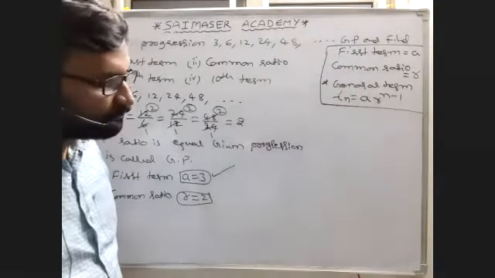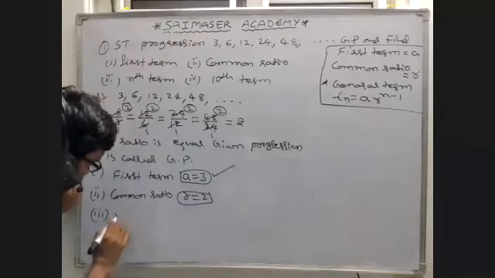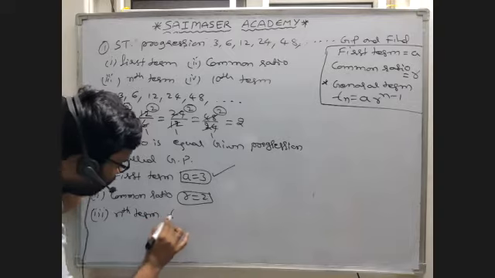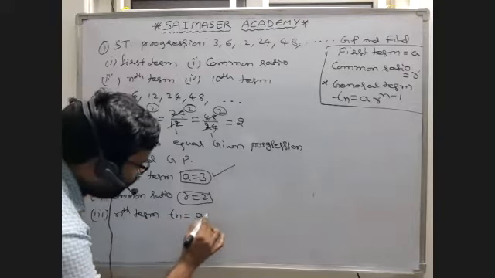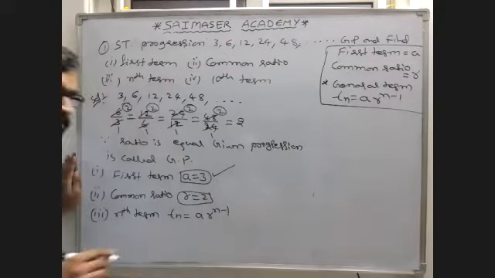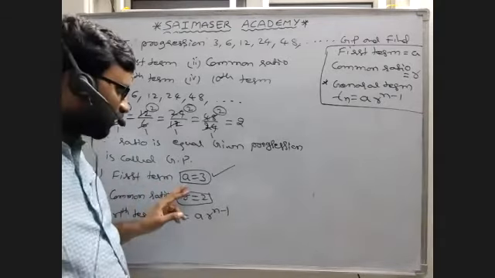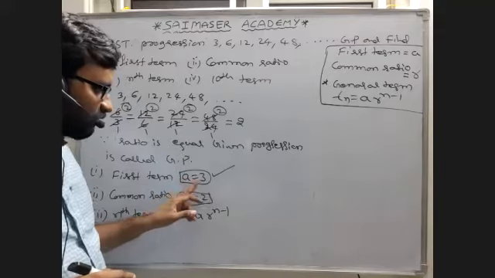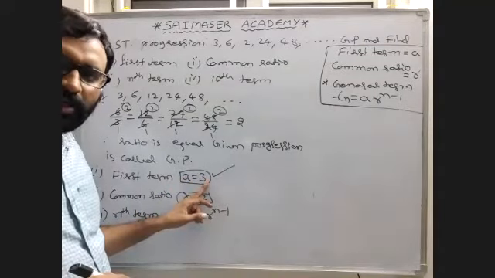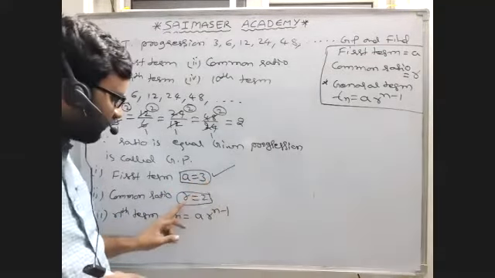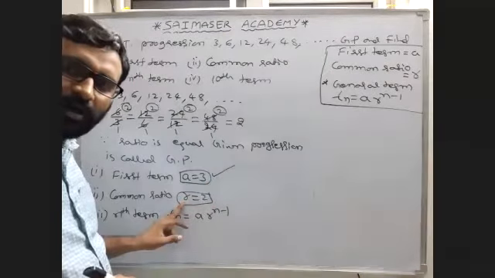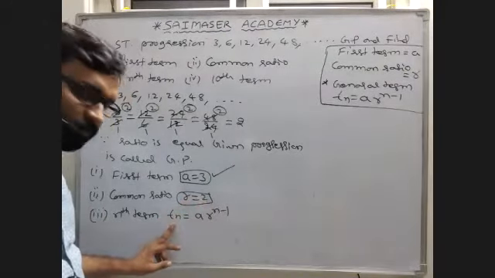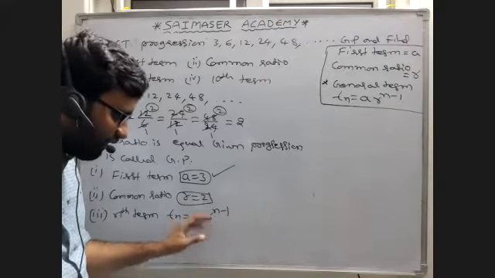Sir, hello? Tn is equal to a r to the power n minus 1. Yeah, mute yourself. First term a, but what is the first term? 3. You have it in terms of numbers. The common ratio r, you have in terms of numbers, 2. And Tn is the nth term, but you have a and r in the formula.